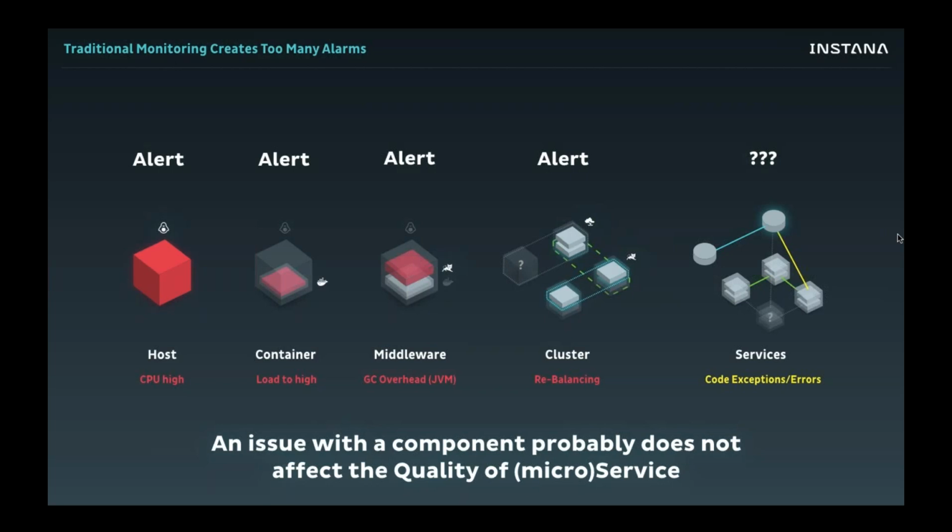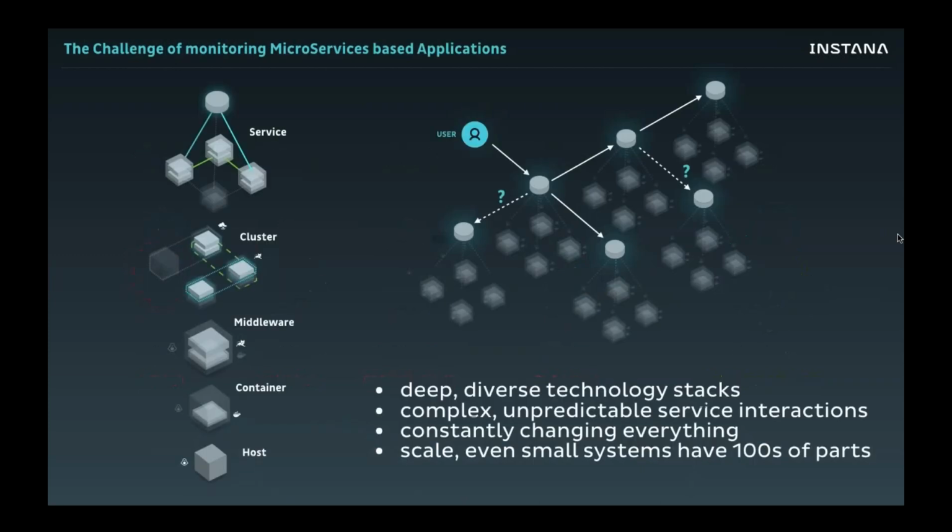Remember, we constructed these things with resilience, knowing that any piece part can fail. So an issue with a component may, but probably does not, affect the quality of the microservice, the ability of that service to deliver its objective. So what are the new problems? The challenge of monitoring these microservices